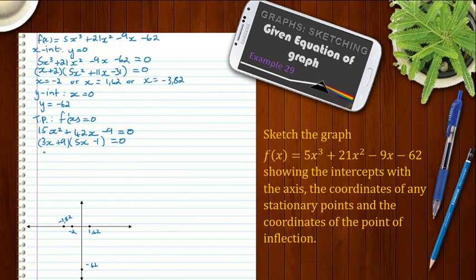So solving for x, we get x is equal to negative 3, or x is equal to 0,2, or 1 over 5. Alright, so now if I substitute negative 3 into the original function, I get 19. And when I substitute in 1 over 5 into my original function to get the coordinates, I get